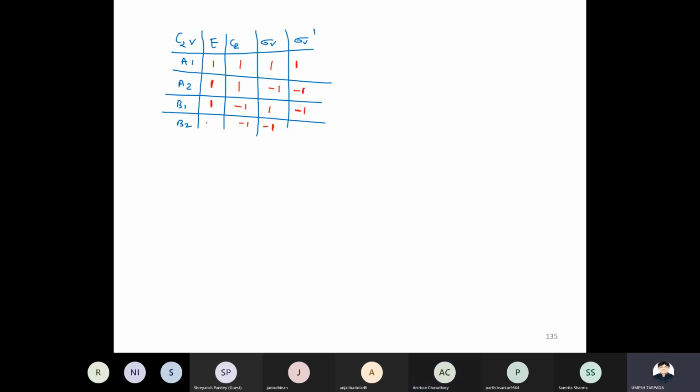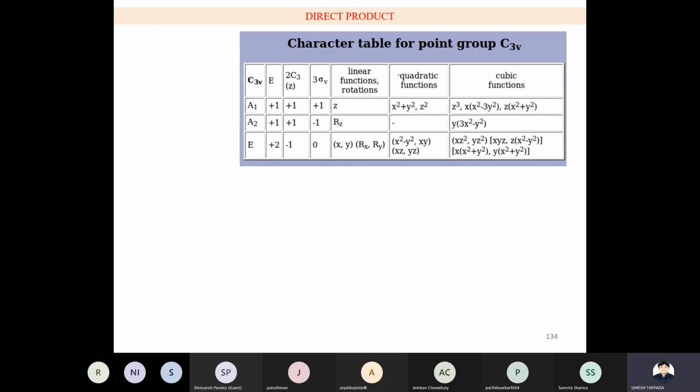तभी सब 0 हो गया। ओके, और ये B2 में यहाँ पे 1 और लास्ट में भी 1, क्योंकि मिडिल में जो ऑलरेडी -1 है, तो तक जाके 0 होगा। तो इसी तरह से कैरेक्टर टेबल लिखना इजी है। और कई बार यहाँ पे आपको अगर मिसिंग एंट्री प्रोवाइड करते हैं, लाइक C3V, here E, then 2C3 and 3 sigma V is given, and you are given here C, you know that very well, in the C3V point group, A1, A2 and E terms are there,